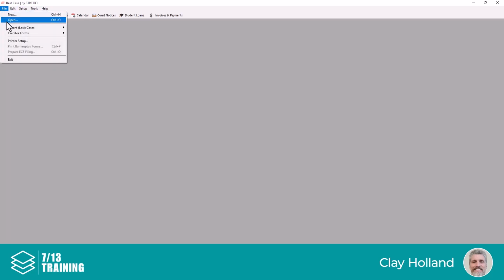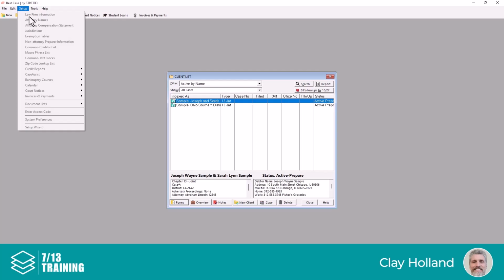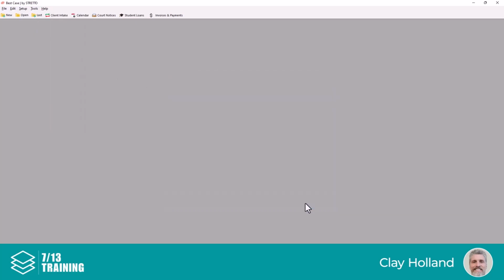But let's go into File and Open, and as I said, there's multiple ways to do things. You can also press Control-O to get back to this client list. But when this list is open, other features inside of Best Case are disabled, so we can't come in here and set up and change anything. These are all grayed out now, you'll notice. And that's so that we don't mess up the petition and change any information out from underneath us that we don't want to change. So let's go ahead and hit escape to close that menu, close this client list again,